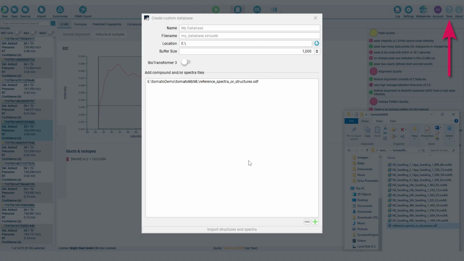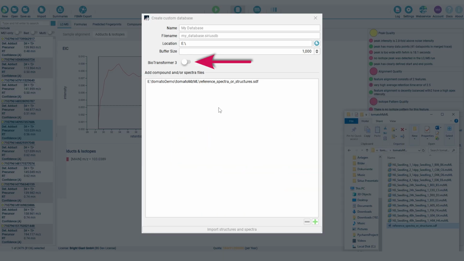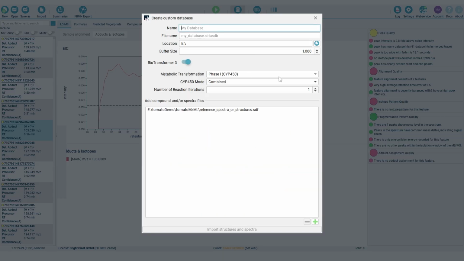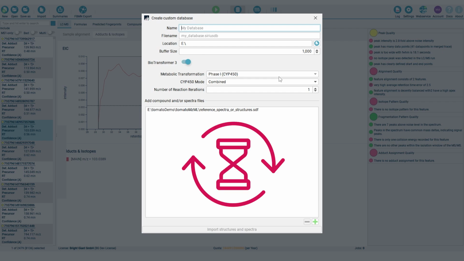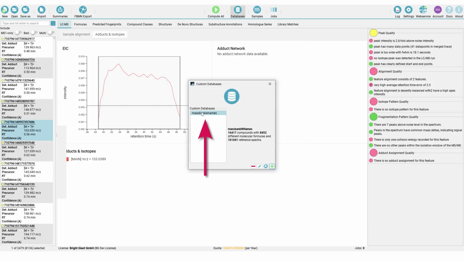Please refer to the text documentation for a list of supported formats. Since Sirius 6.2, we can also use Biotransformer, developed by David Wishart's lab, as a deep integration to create biotransformations of structures provided in these files here. Please be advised that this step can be very time-consuming if applied to many structures at once. After starting and finishing the import, we can see our newly created database in the Database panel.